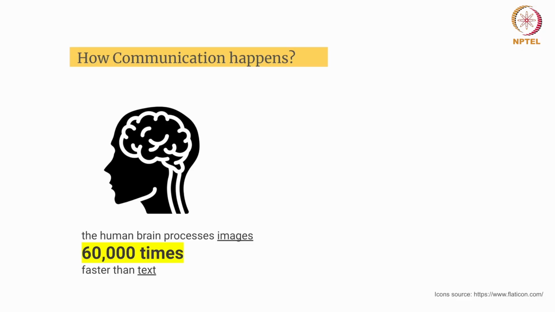So in this slide, you can clearly see there is a human brain, which talks about how the human brain processes images 60,000 times faster than text. And this is very, very important for us as designers to understand how we process visual images and text. So if you have a situation where you are allowed to use both text and visuals, definitely you have to understand how you are balancing it such that we can process the information correctly.